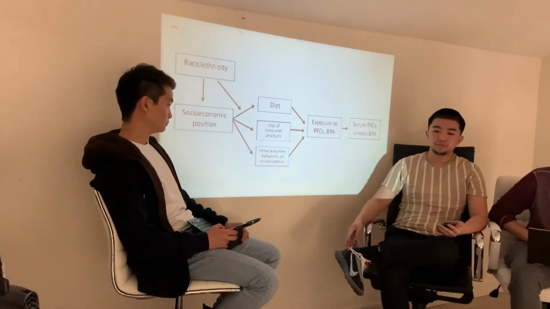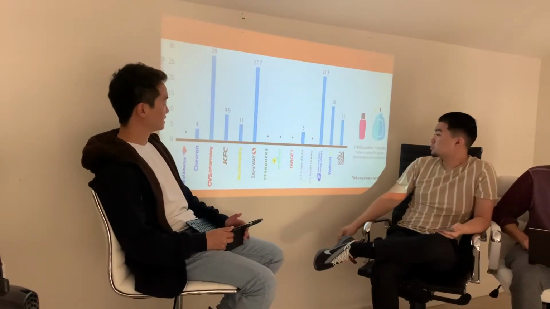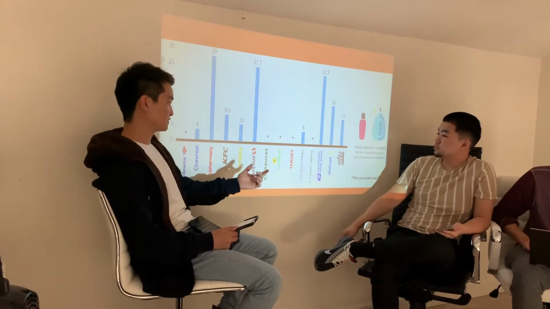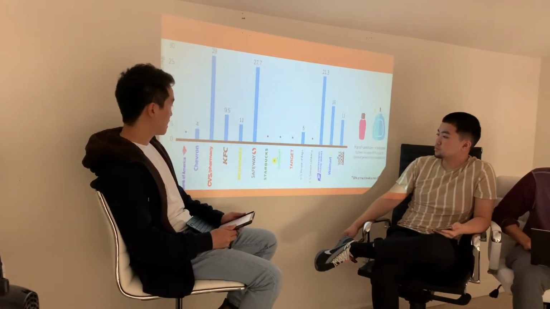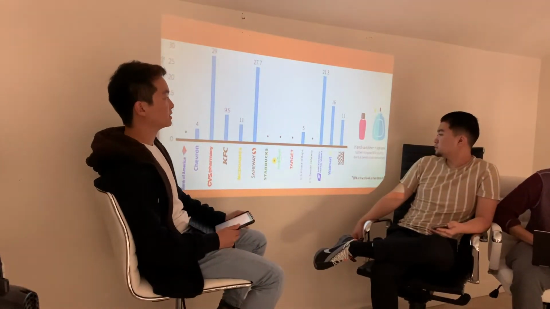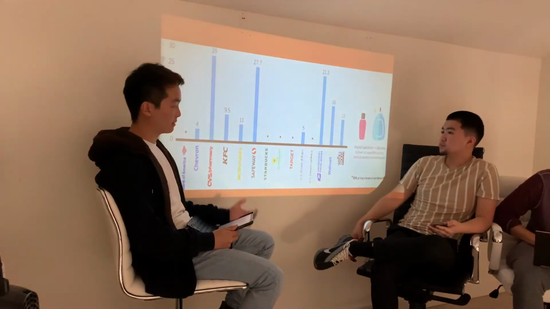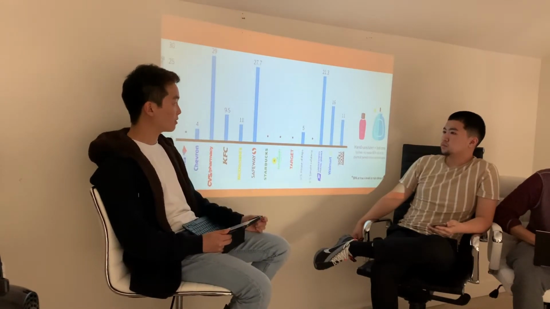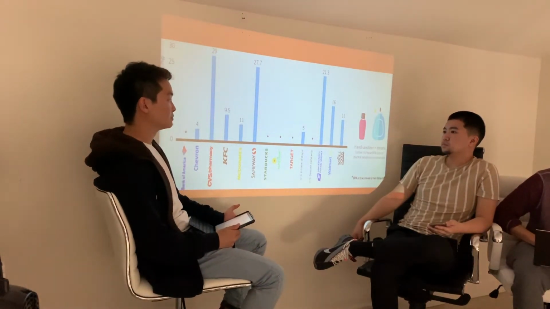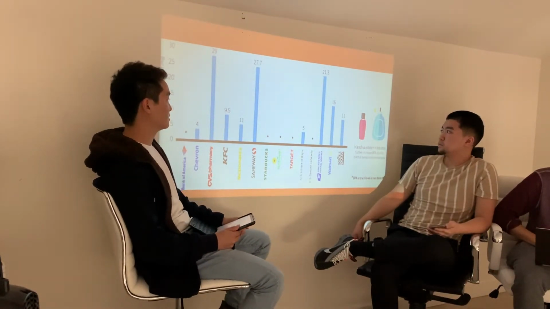Yeah, and also people of higher age tend to have lower BPA levels compared to school children because they tend to make their own food. So here's just a list of BPA contents in thermal paper, receipt paper, from a bunch of stores that I'm sure we've all visited at one point. Over to the right, notice that hand sanitizers and lotions also increase BPA absorption in the body, because although most of the way that BPA enters our body is through the oral route, there is a dermal aspect of BPA seeping into our body. So just using any of those products can also make us more susceptible.